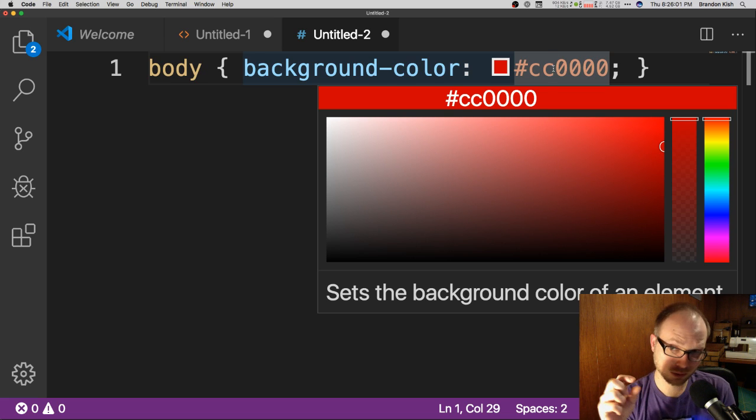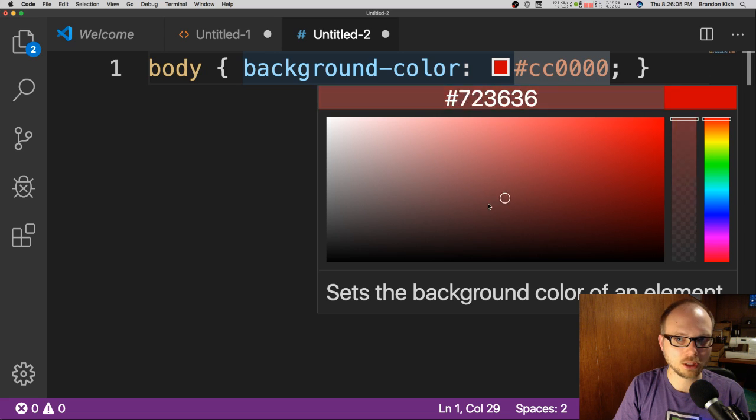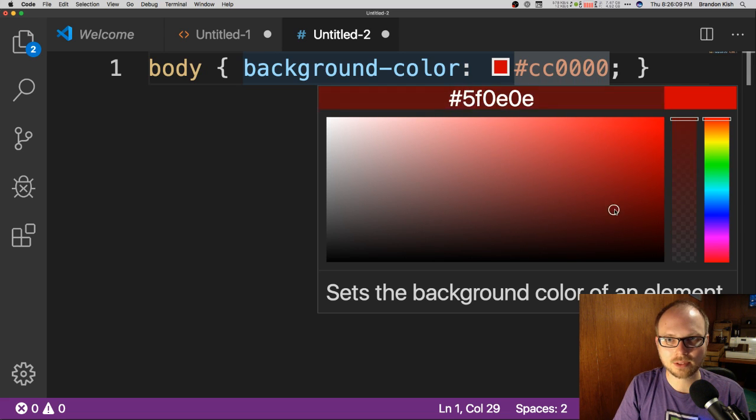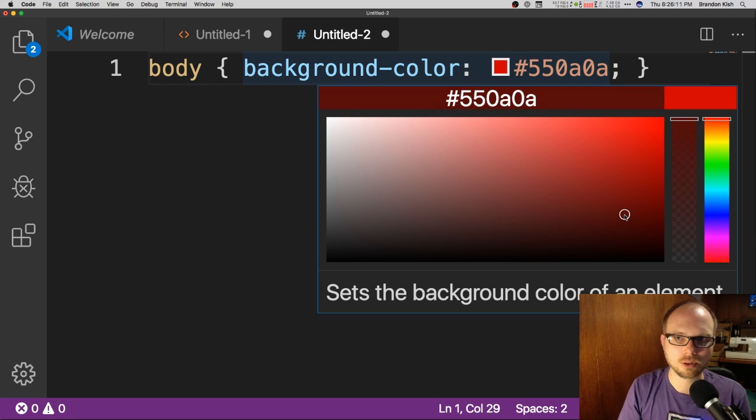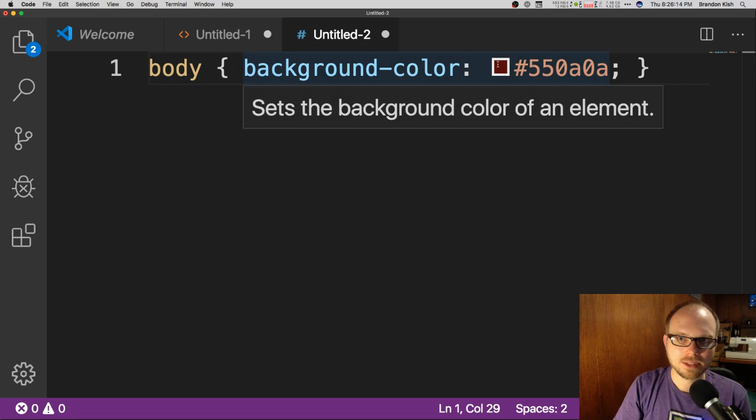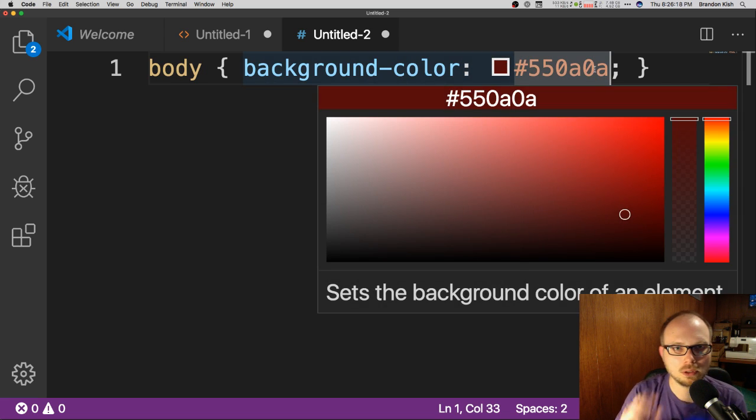And what I think a lot of students love is if you hover over that hex value, you can actually just use the color picker. So if you didn't like that shade of red, you can drag around and it will show you what the hex is of what you've selected. So if I pick this darker red, it's going to change it. And that little preview swatch gets updated as well. Super cool, super powerful.